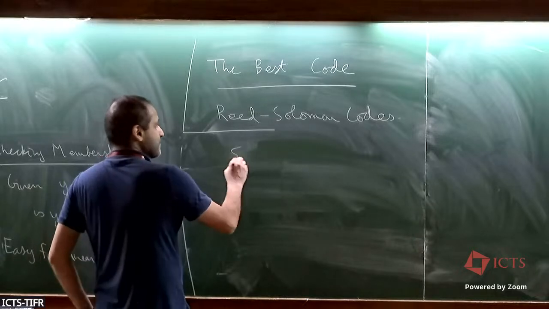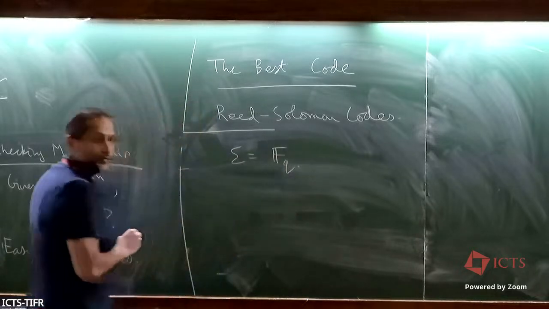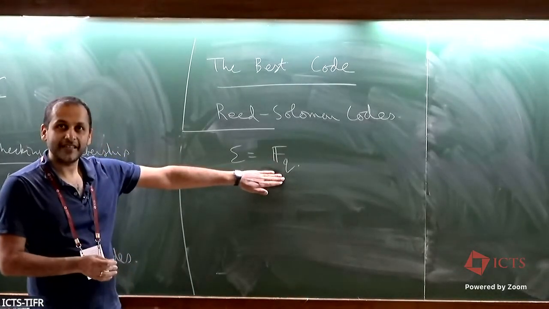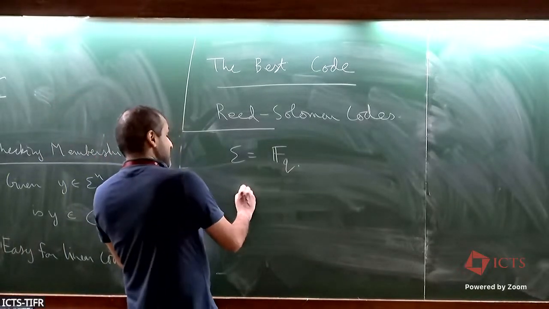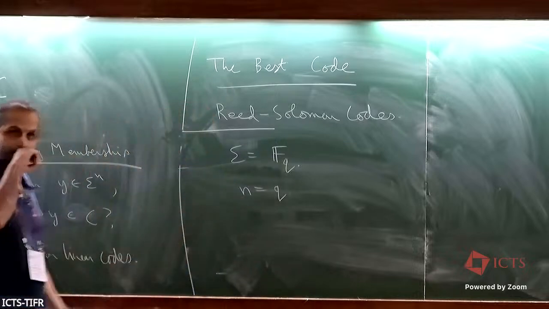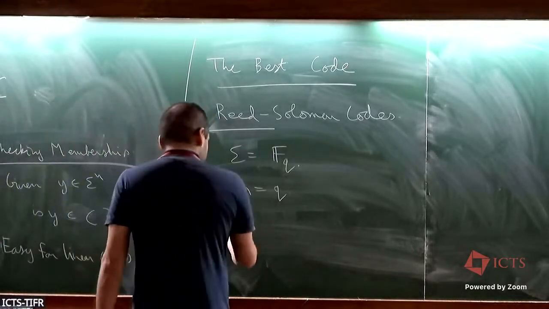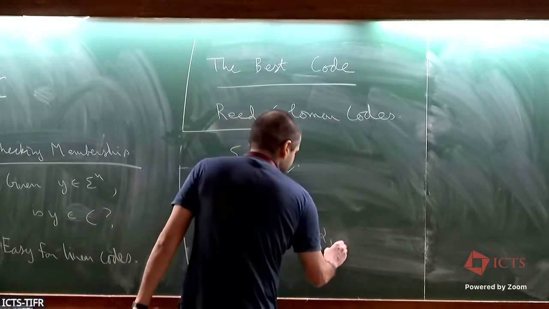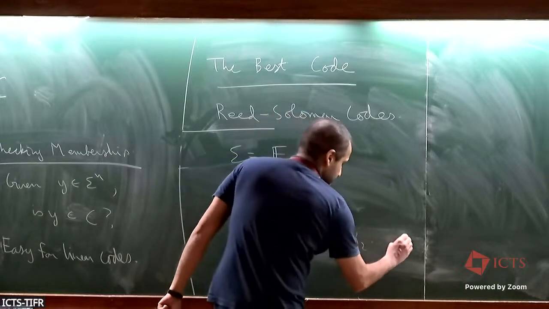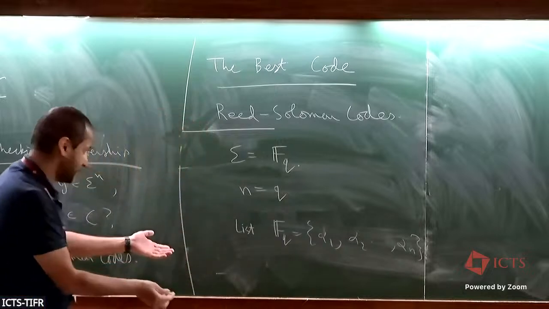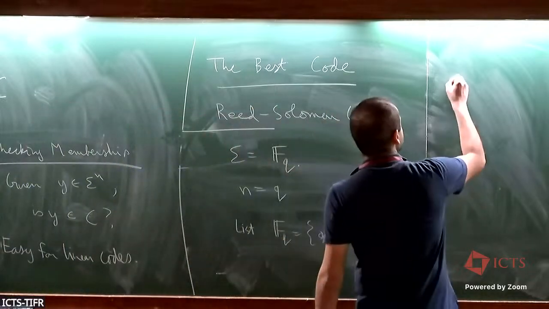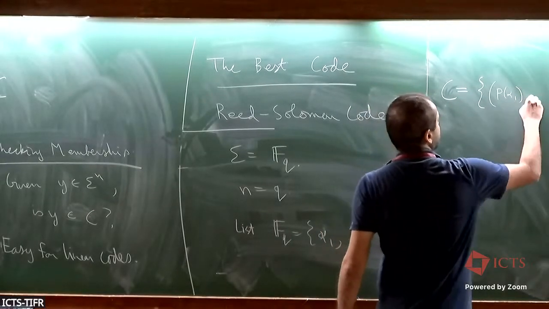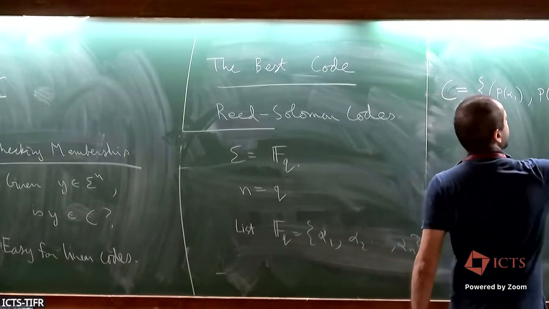So we are in sigma equals F_q. So we've chosen our alphabet. You think of your favorite prime, 17 maybe. It is a code over sigma equals F_q. And the terrible thing is that n is now going to equal q. Okay, so we list F_q to be alpha_1, alpha_2, up to alpha_n. n is q, so we've listed all the elements. And the codeword c is P(alpha_1), P(alpha_2), up to P(alpha_n),